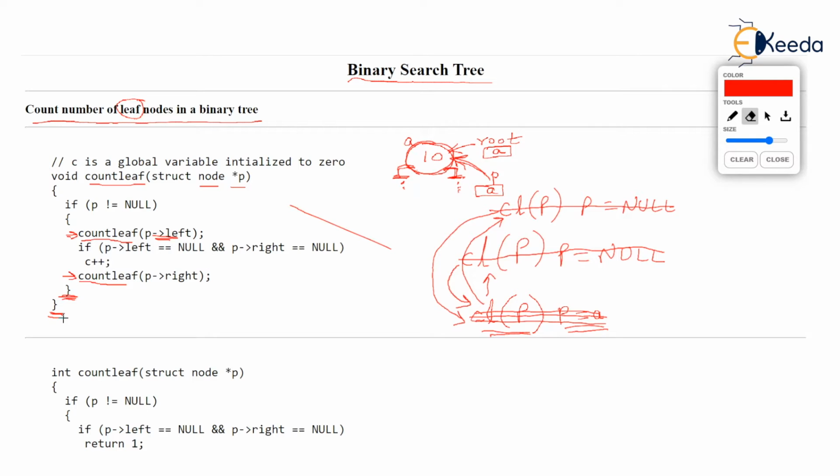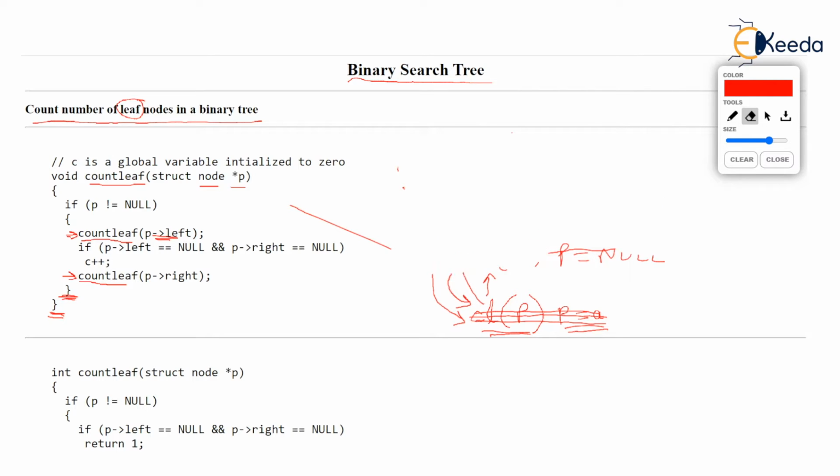So easily, using only one node, we have explained how to count the number of leaf nodes. In fact, I will suggest all students, that if you want to learn any recursive function, once the recursive function is given and you want to know how it works, then you start with some minimum input. If you start with minimum input, it will be very fast. You will be able to know how the recursive function works. As it was proved in the countleaf function, we took only one node.